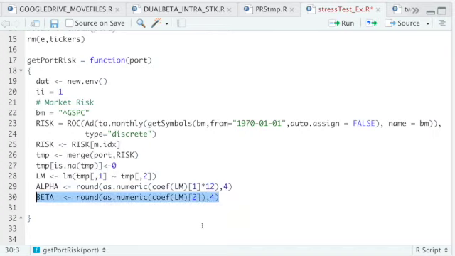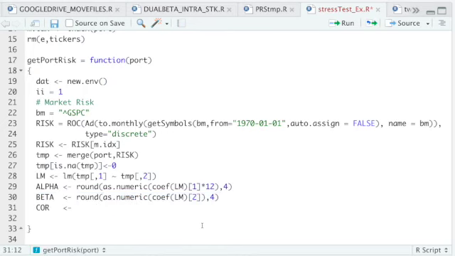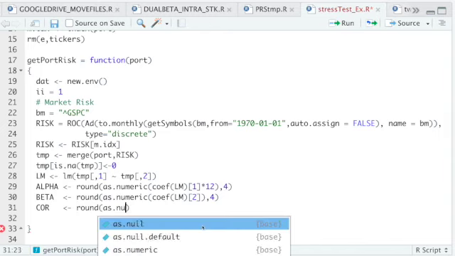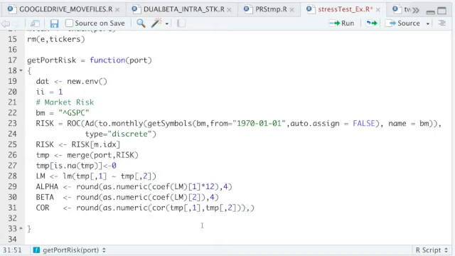So I'll go ahead and run that line, and then I'm going to calculate the correlation between my portfolio and this benchmark by running round(as.numeric(cor(temp1, temp2))). I'll round that to 4 decimal places. So I'll go ahead and run this line, and then I'll extract my p-values from this linear model by running